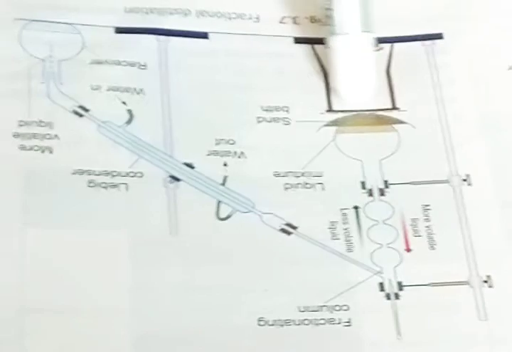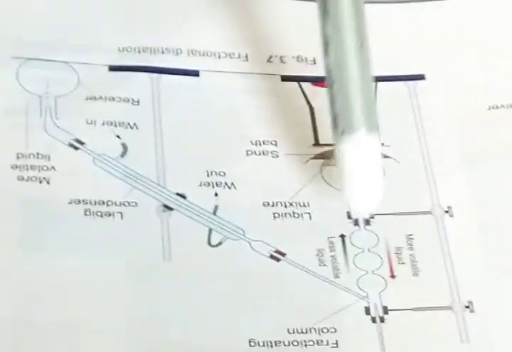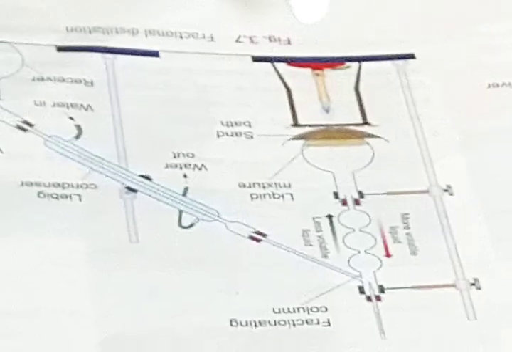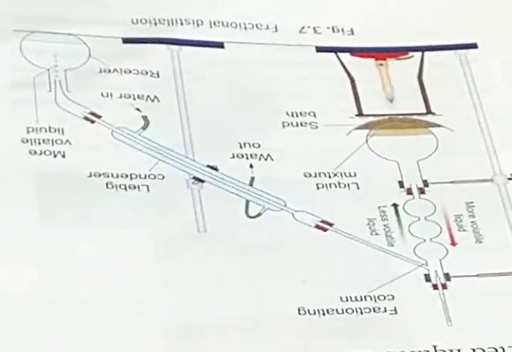So I will discuss once again the picture. This is the apparatus. It is the conical flask. It is attached with a fractionating column. इसके साथ एक तो condenser भी जुड़ा हुआ है. It is easy to understand. That's why I am speaking Hindi.